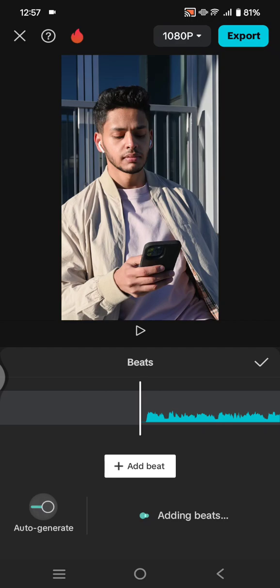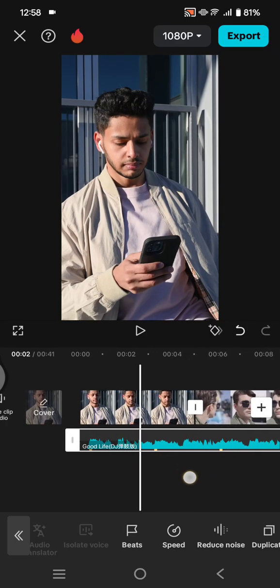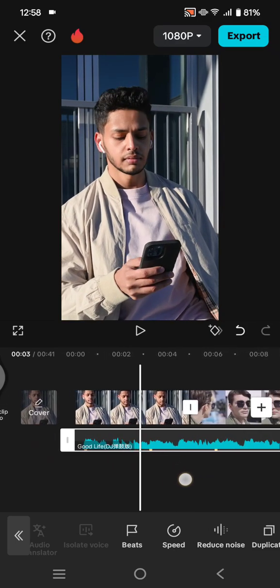I'm going to just auto generate, and in here you can adjust the intensity to your liking. Let's wait until the beats is marked. So I'm going with this light intensity. After that, you can just click on a check icon, and in here let's split the clip into two